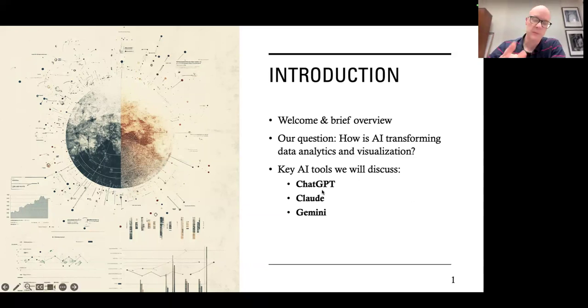To explore this intersection, I'll be using primarily ChatGPT, Claude, and Gemini. Hopefully, you have access to one or all of these. You only really need one to do all the examples. I'll be moving back and forth just because some of the tools are better or more interesting than others for a particular task. I do have the paid version of all three of those, so you will see some differences if you're just on the free version. But we'll get into that.